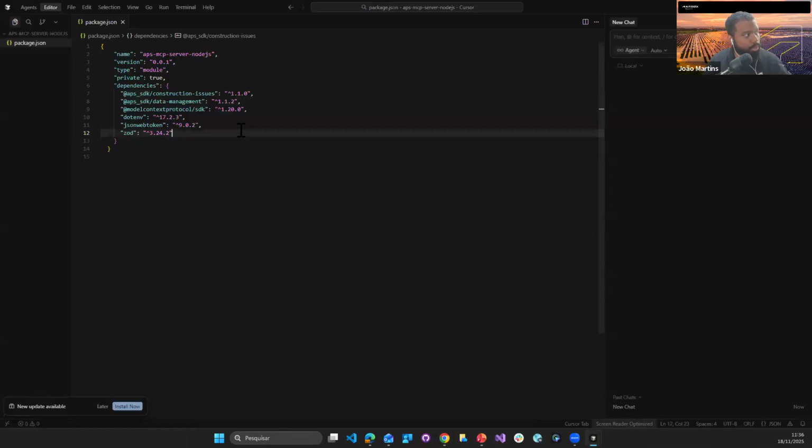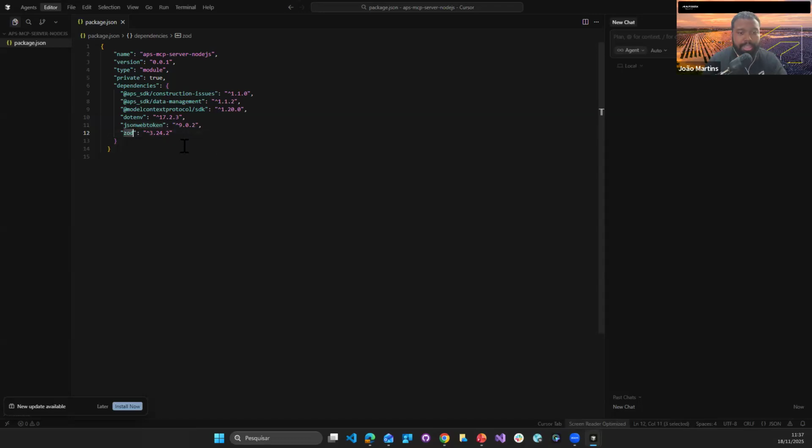Beyond that, we also have the Model Context Protocol SDK, which features functions to help us create our MCP server, to help us manage the connections, the transportation, and create our functions. We are going to use dotenv for storing and reading our environment variables. We're going to store environment variables in a .env file, and this library is the one used to read this information from that file. JSON Web Token to manage our assertion for exchanging a token using secure service account, and